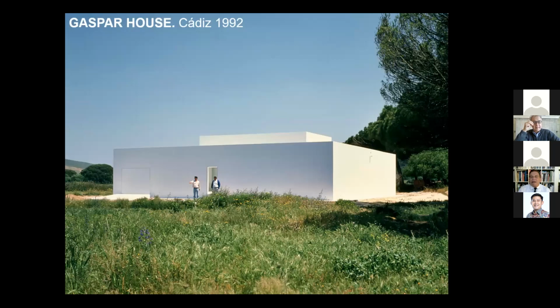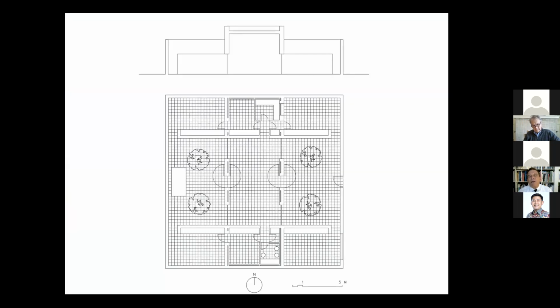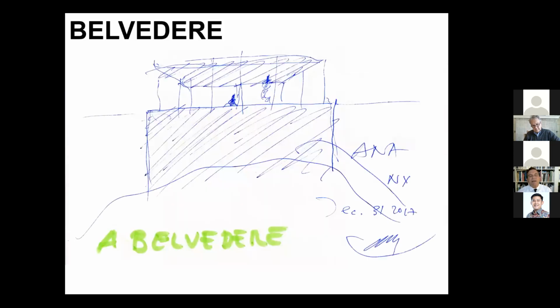After that, I like to not be long, but to speak about it. The Gaspar house was a house like a box open to the sky, and in the center of the house is a Hortus Conclusus. It's very, very simple, and very well known. It is the most economic piece that I built. And on the opposite was the Belvedere family, or maybe we should speak about archetypes. Instead, on the opposite and on the top, another piece, the Belvedere.